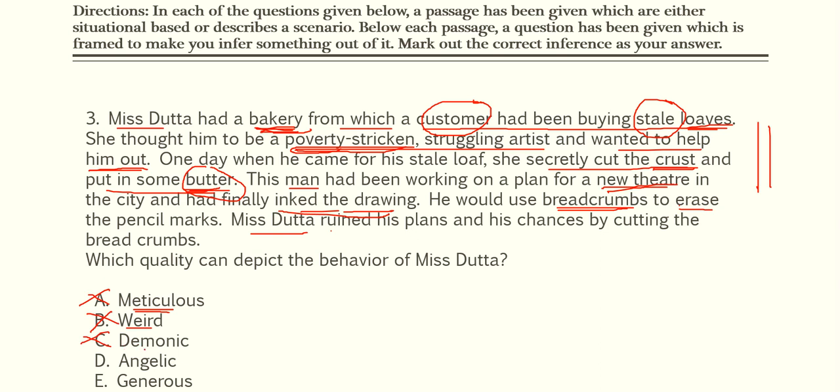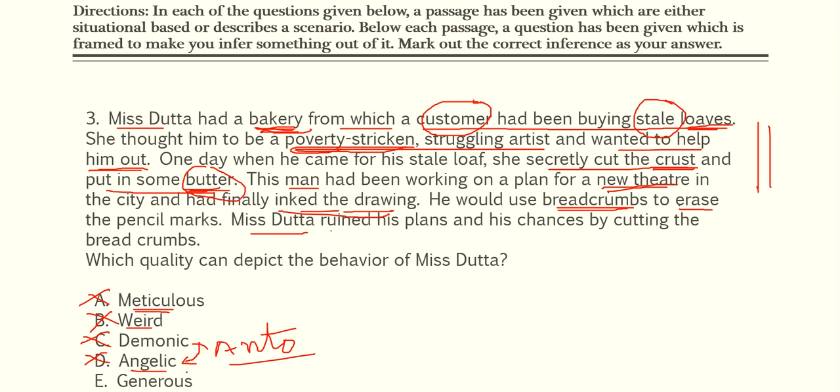Now, angelic. What is the meaning of angelic? See, angelic is just the opposite. The word is just the opposite. That is the antonym of demonic. Fine. Angelic is the antonym of demonic. Angelic means exceptionally beautiful, innocent, or kind. Just like an angel. Angels are kind, right? So option D is also opted out. Because yes, she had been kind, but it is a far synonym of angelic, right?